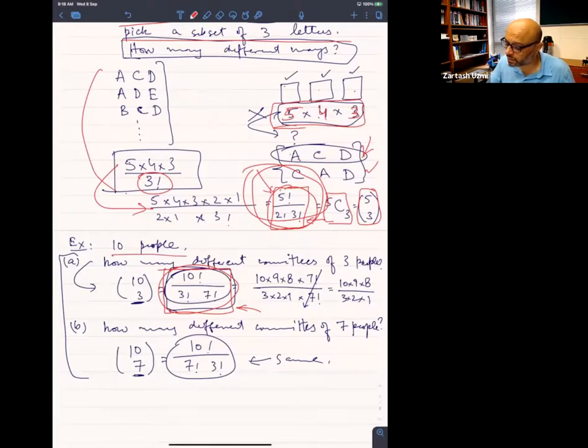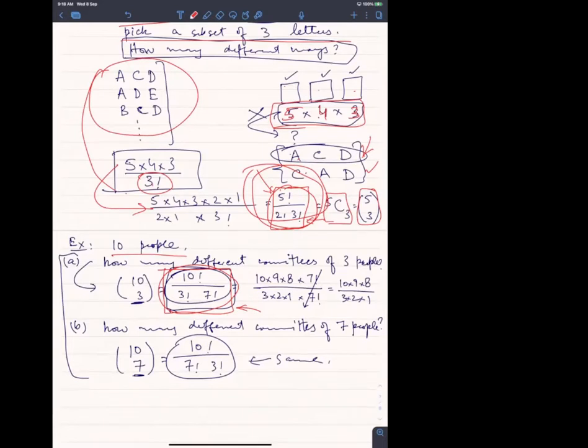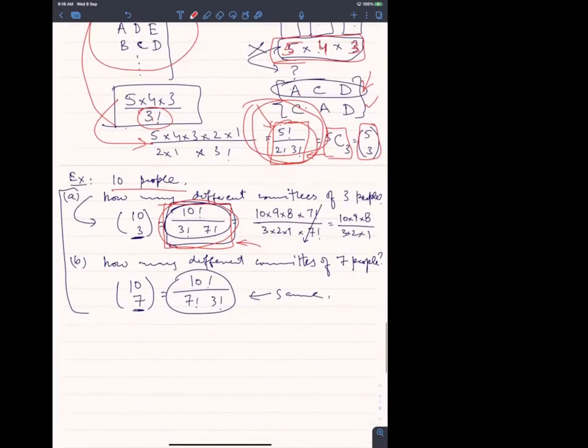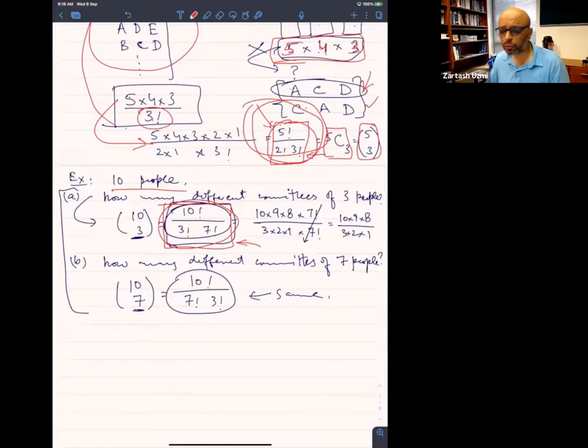लेकिन आई होप कि अब इट इज क्लियर कि ये 5 में से जब आपने 3 पिक करनी है, तो ये 5 टाइम्स 4 टाइम्स 3 नहीं हम कर सकते, उसके अंदर डबल काउंटिंग हो रही होगी। ACD और CAD टाइप की जो चीजें हैं, इनको हम अलग अलग काउंट कर रहे होंगे। उस डबल काउंटिंग को हमें अवॉइड करना है, इसलिए 3 फैक्टोरियल से डिवाइड करना। ठीक है जी सर, आप समझ आइए सर। सही है।